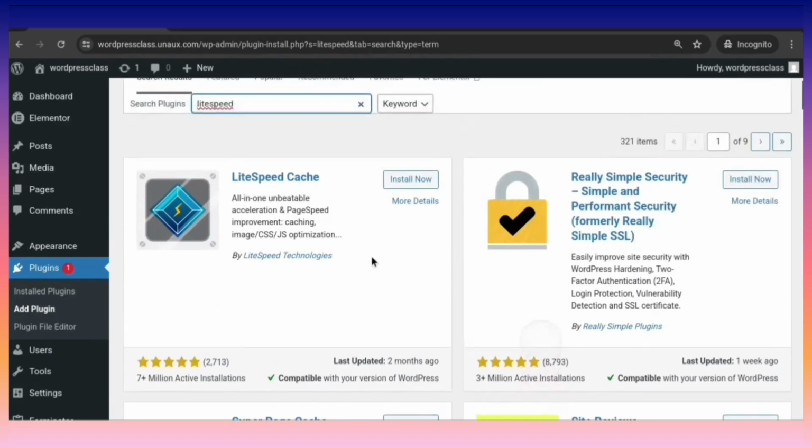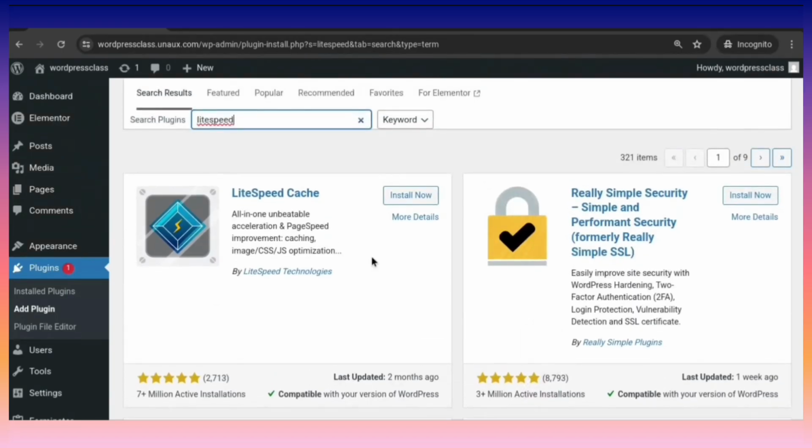Now, the next tip that you need to consider is optimizing your images. You cannot just download an image and upload it directly to your website without optimizing it. You can optimize it outside your WordPress dashboard, or you can also optimize it inside your WordPress dashboard. So how do you optimize it outside your WordPress dashboard? By visiting any of these websites like